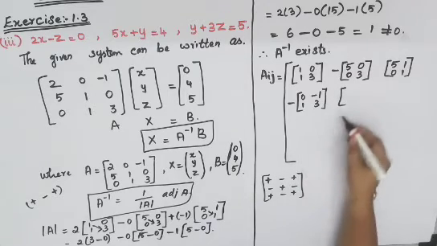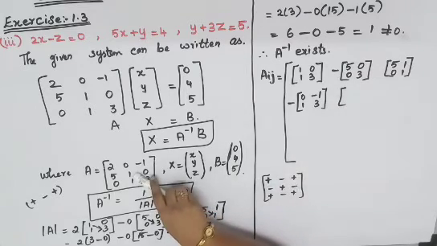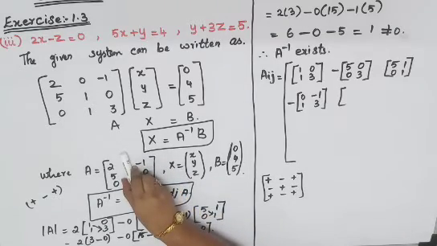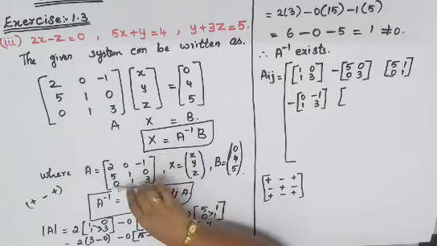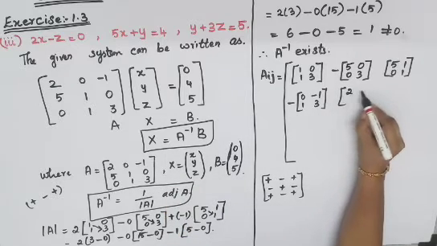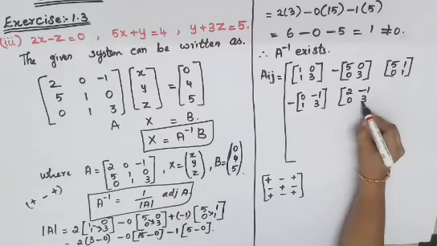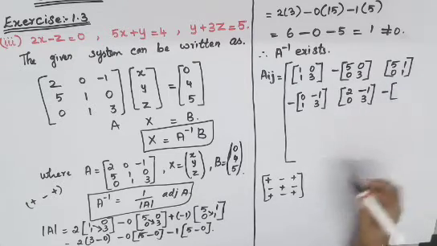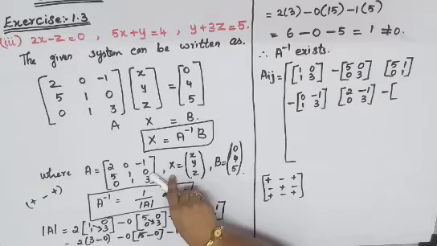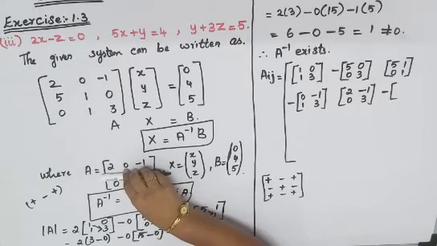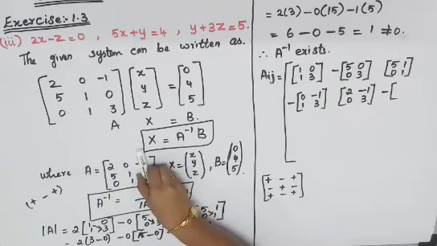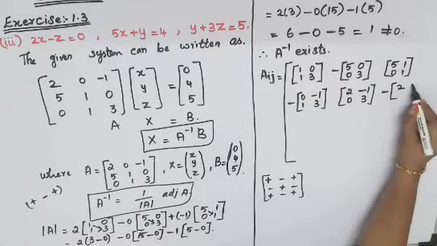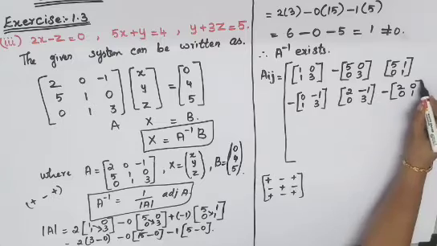Then plus from here, so just open your bracket. The minor of 1 has to be found out. So removing the second row and the second column, you will get it as 2 minus 1 0 3. Then minus is there, so insert your minus, open your bracket. The minor of 0 has to be found out. So removing the second row, third column, you will get it as 2 0 0 1.